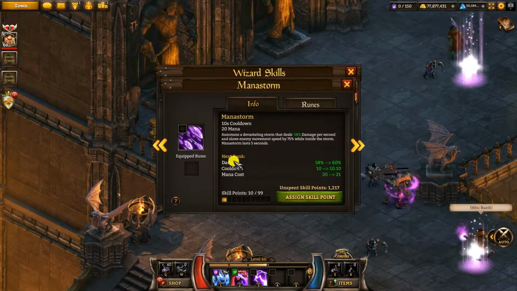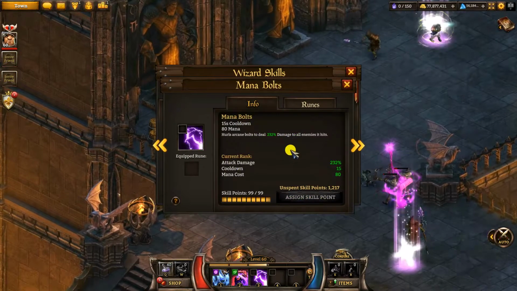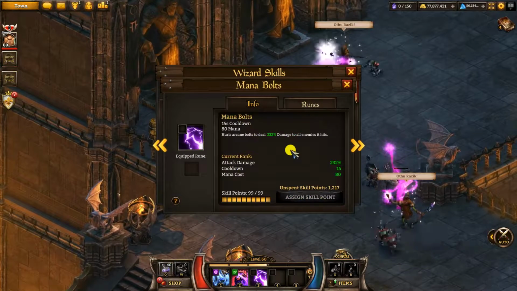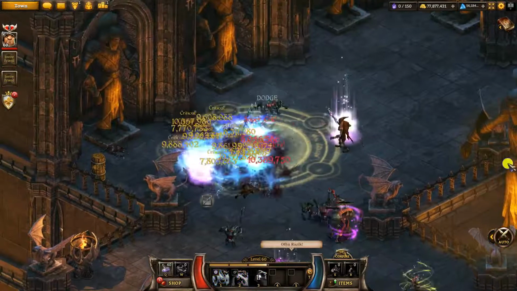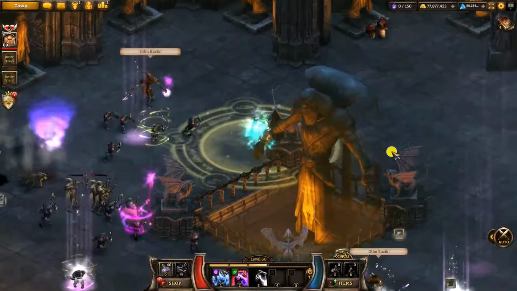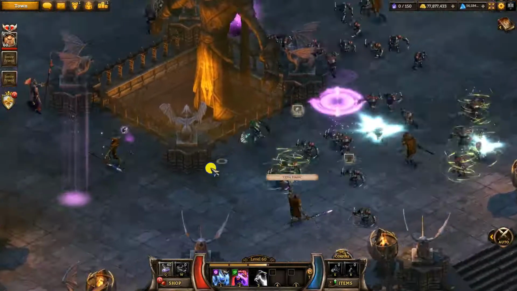It's the same as Mana Storm here, 58% per hit. So what's confusing about this is it hits 6 bolts, and you'd think that it would be really useful for taking out groups, because if you do it, it takes out a whole group. That's great. However, the damage is actually very, very small if it splits across the groups, because what it does